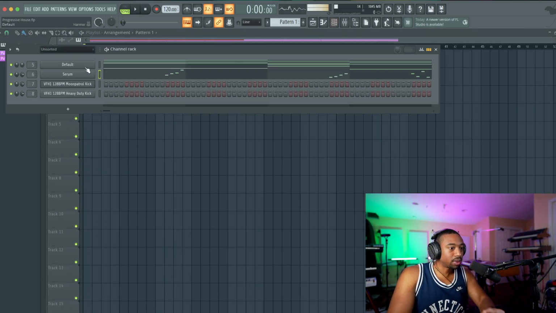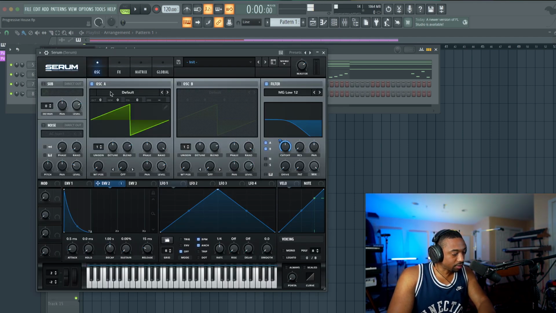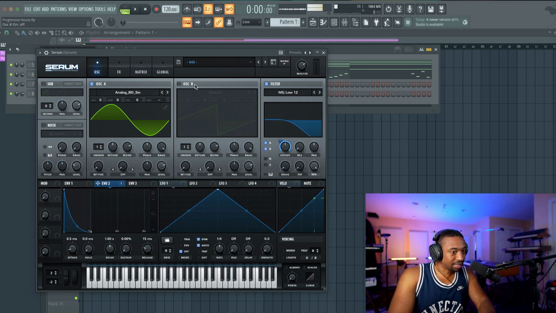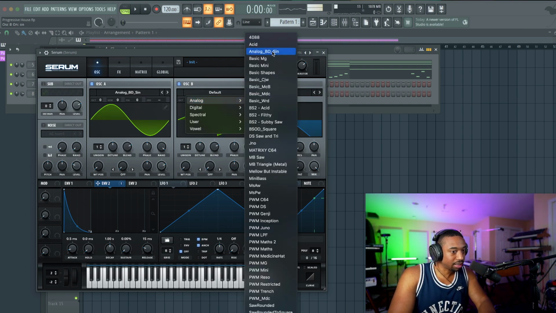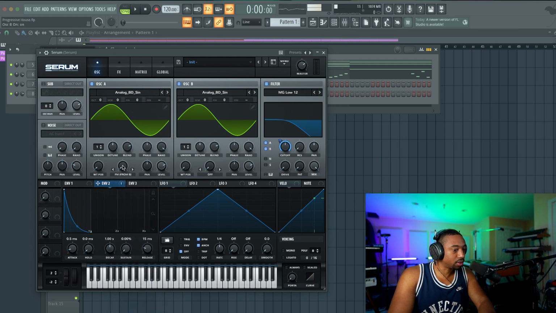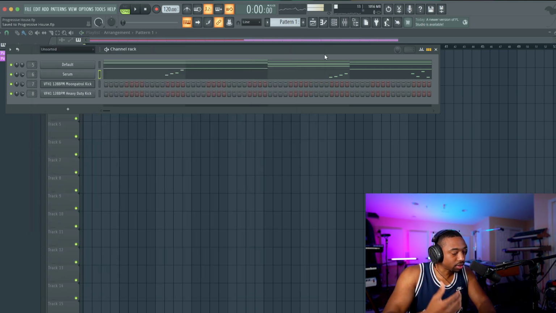Okay, now if you really want to get into the texture of sound and all that type of stuff, try sine waves modulated by other sine waves. It's called FM synthesis. You don't need to be a geek about this. You really don't. This is just for those who want a different tone. It's another way to get a really unique type of sound. And that's going to give you a more accurate tone.